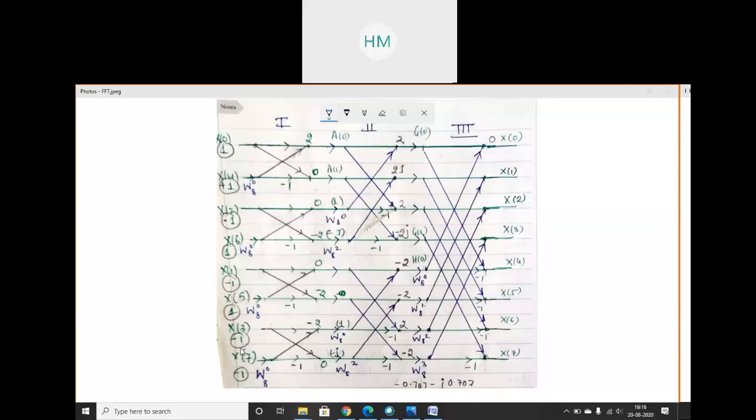Next is not 0. How it will be 0? x3. x3 तुम्हारा है g of 3 and g of 3 is your minus 2j. Clear? Then you are having this minus 2 x3 पे. Yes, minus 2 into w 38. Yes, I think this is the right answer. All are in root 2 terms. 2j. Yes, this is right, Pratibha. Very good. Next answer.